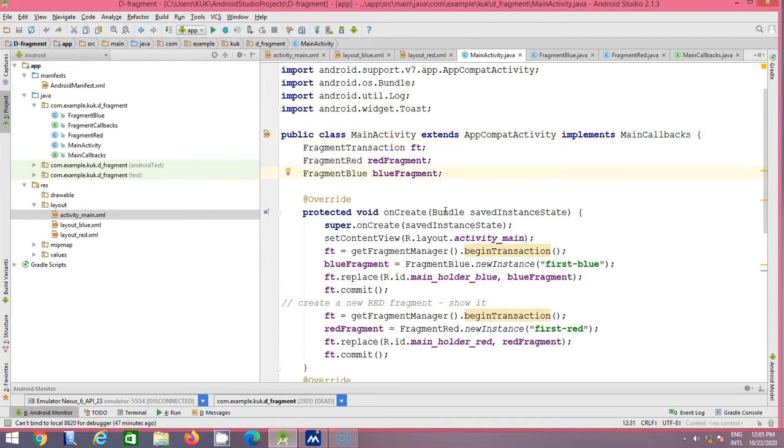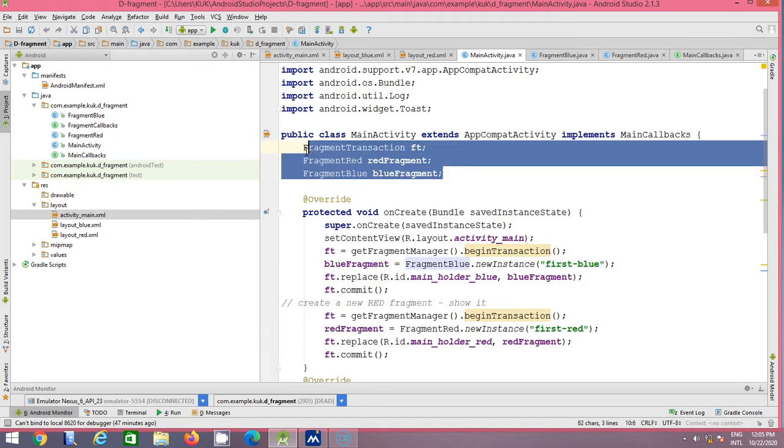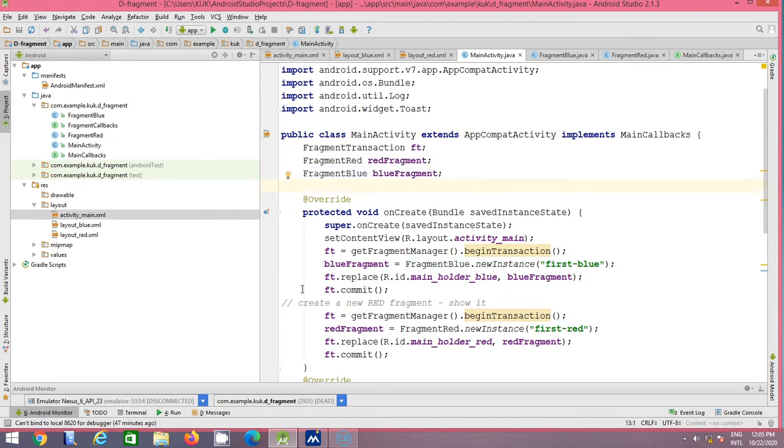So for creating the fragment, we have used the statement fragment transaction for fragment red and fragment blue. Correspondingly we create the object. So here we implement the fragment dynamically.